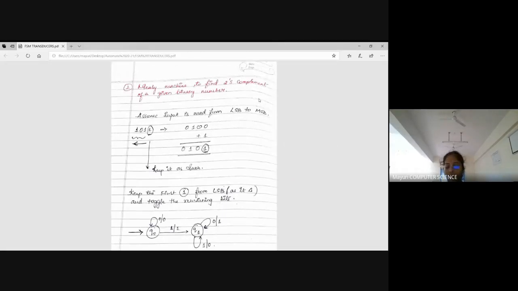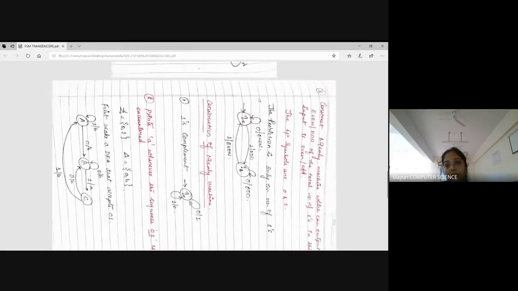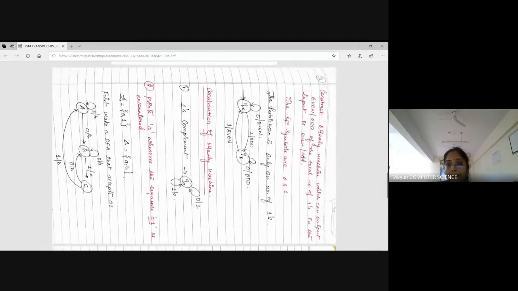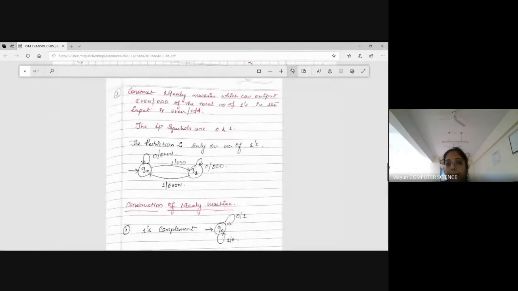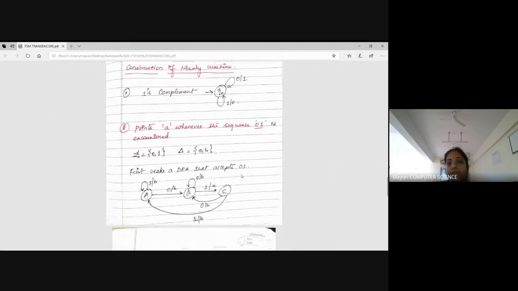Just now, we have seen which machine? The Moore machine, right? Let us see the Mealy machine for that. The same one's complement case, because I have written it not in order. Which machine have we seen? The Moore machine. The same concept, but let us see it with the Mealy machine.